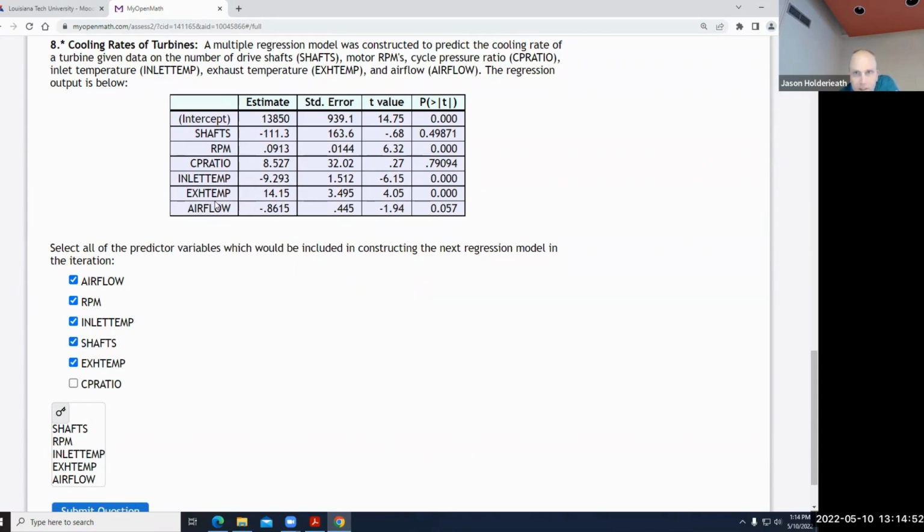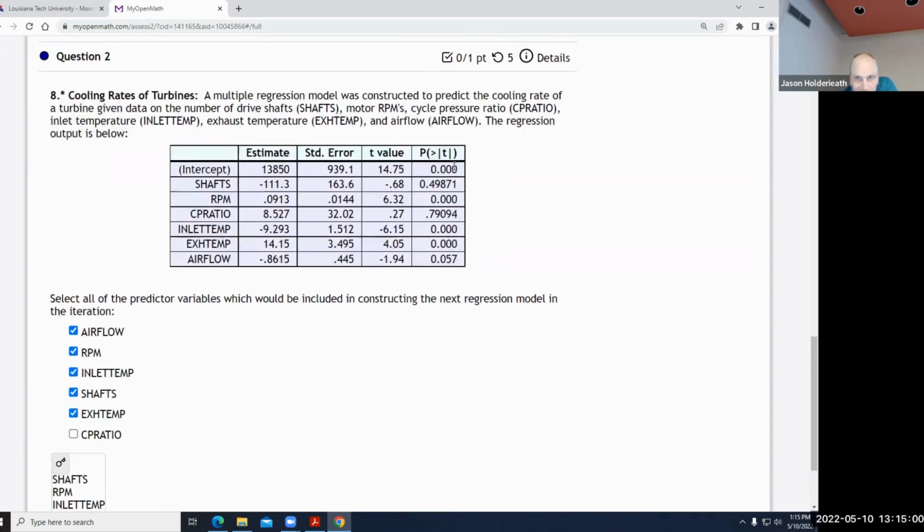They're saying everything except CP ratio. Is that what I'm seeing right? Yeah, because it's got a huge p-value. Now, how they came up with this, I honestly don't know. I think if you're having a cutoff on your alpha, I would say, okay, you have a cutoff on your alpha, but